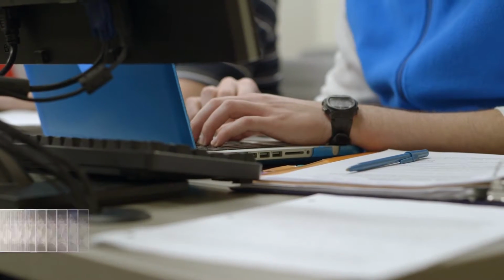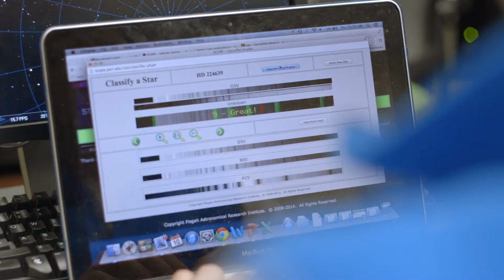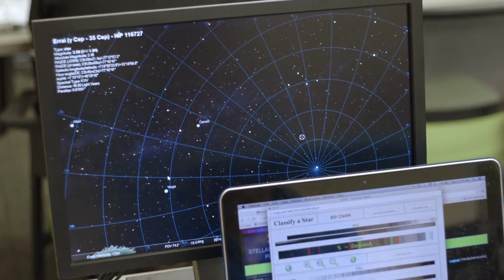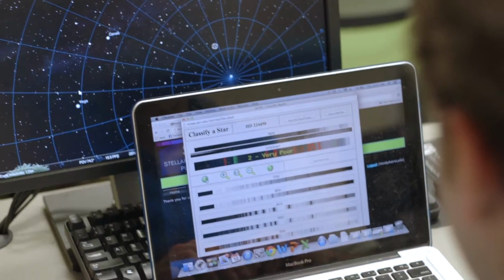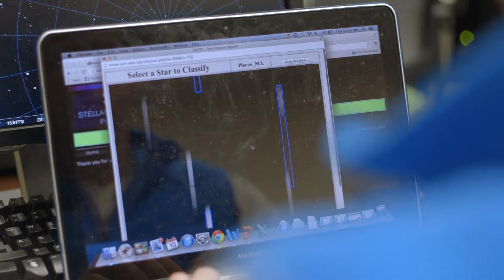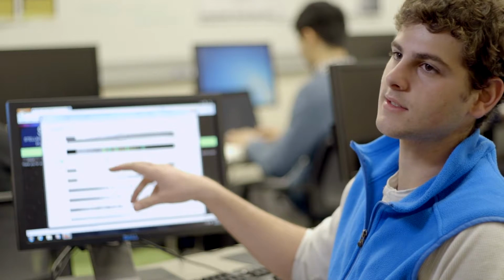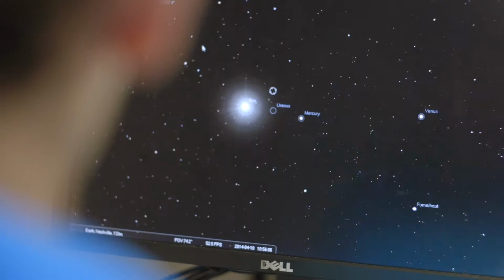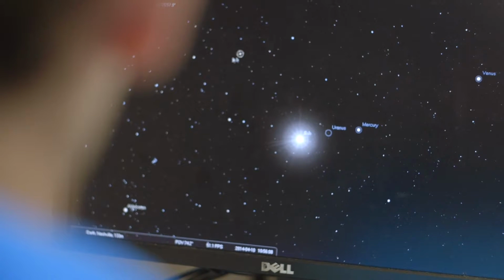So today I'm trying to figure out what spectral type star is most common in our universe. And I'm going about that using this program here actually, SCOPE, where you look at the spectral lines of various star clusters and then you try to match it up with different known spectral type stars. And then you can classify the stars and figure out, based on number, what is the most common